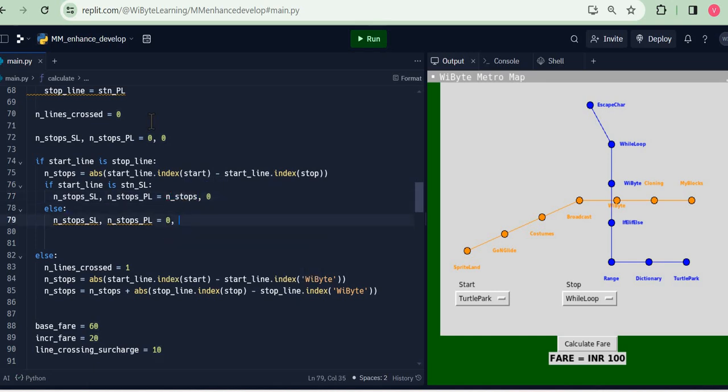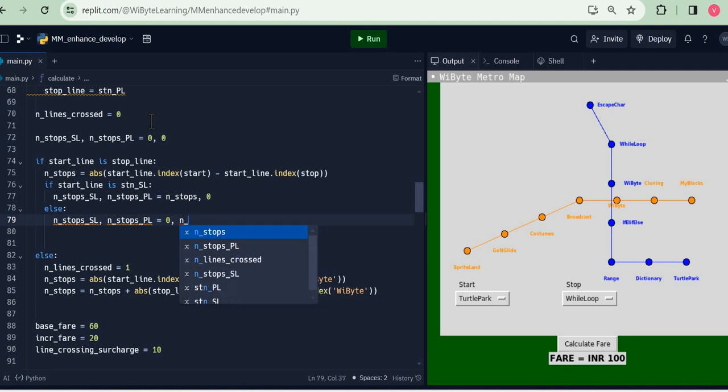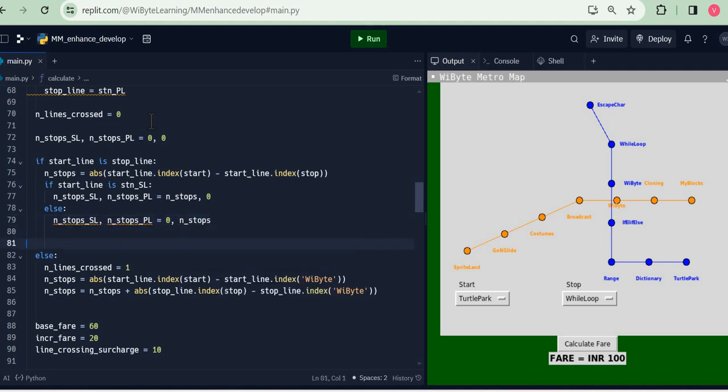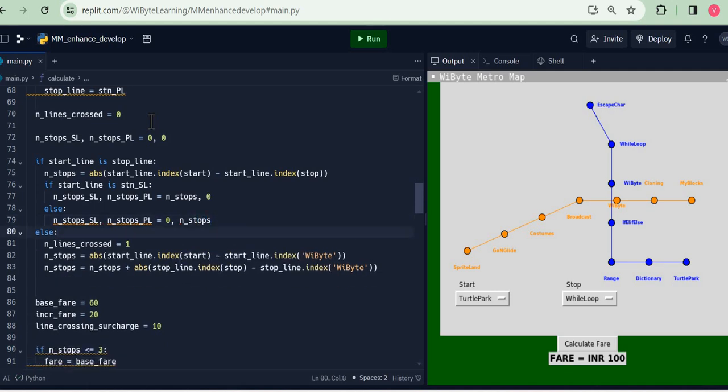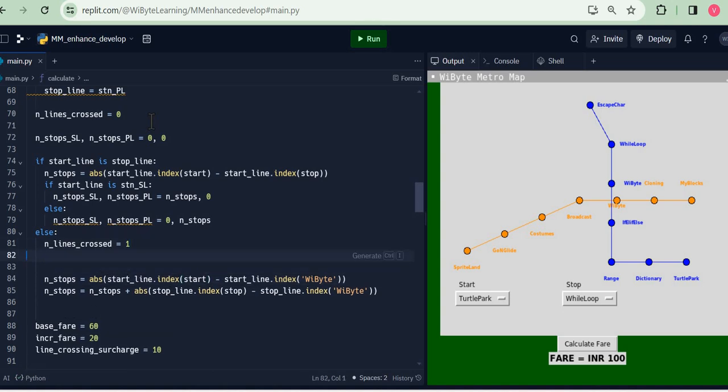Whereas here it is entirely on the Python line. So I just have to take care of this. On the other hand, if I have switched stations, then again I figure out if my first station was on the scratch line or on the Python line. If it's on the scratch line, so I just ask the same condition. If start line, let's say, is